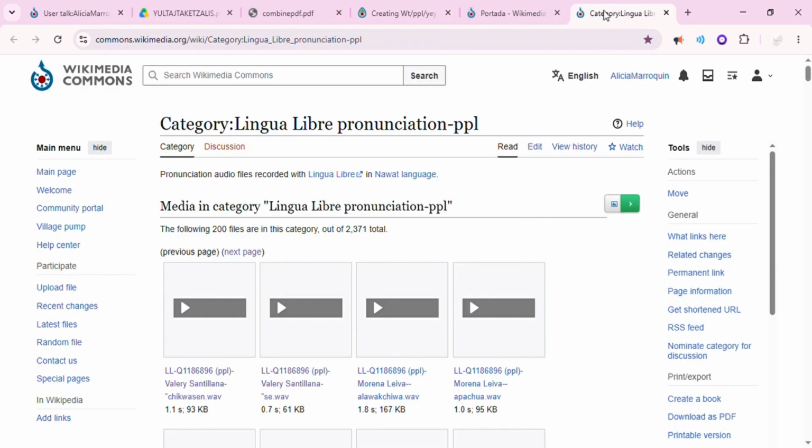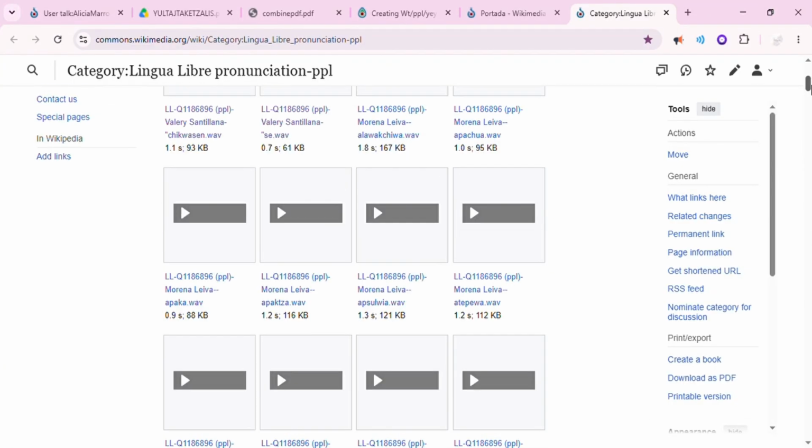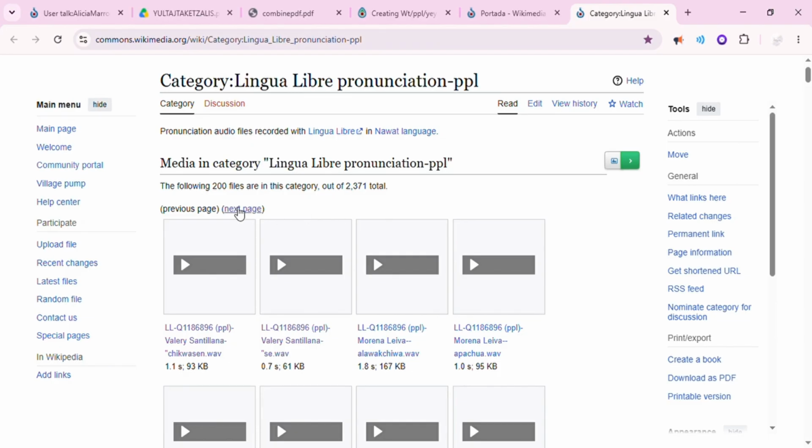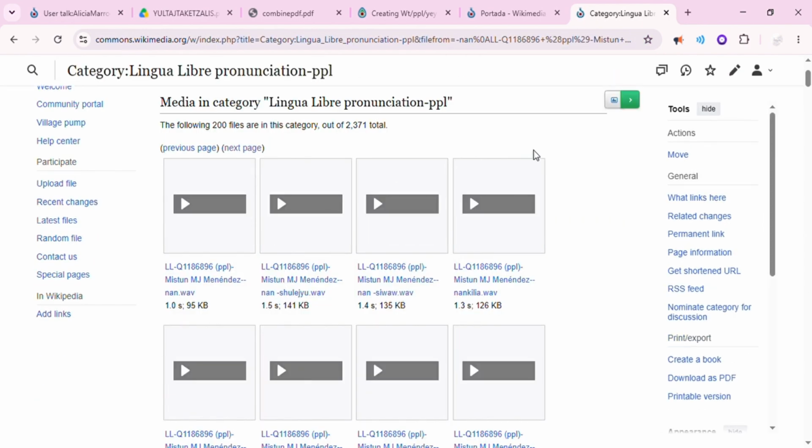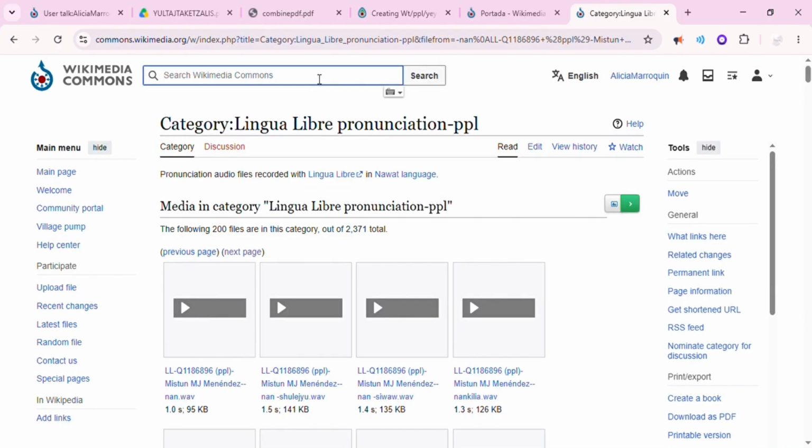You move to the Lingua Libre library, and with this one you can look at all of the audios we have there. Since we have a lot of them, you might need to move to the next page. You can also press Ctrl F and type your word, and we didn't find it, so you can click next page and do the same thing again, Ctrl F. We didn't find it. You can continue clicking next page and looking for it using Ctrl F, or you can go to the search bar and type it there, yay,